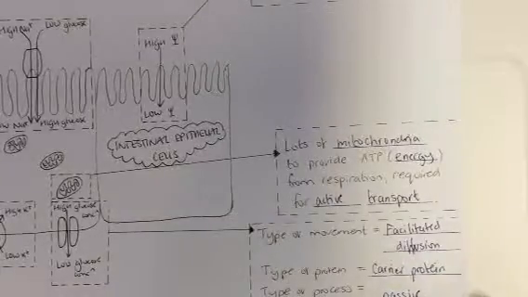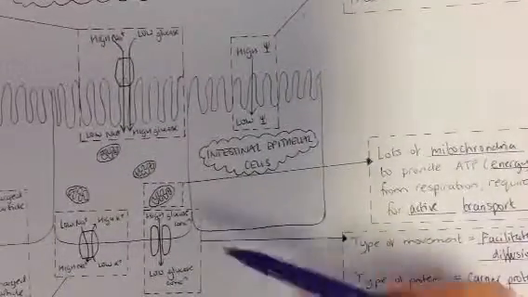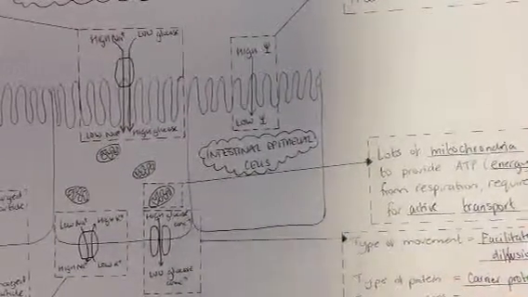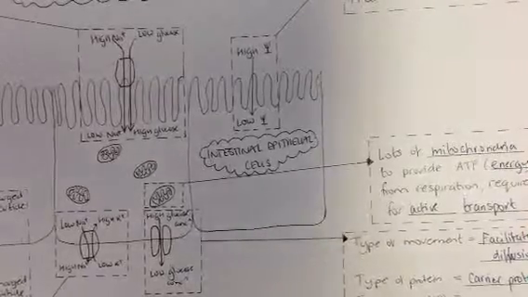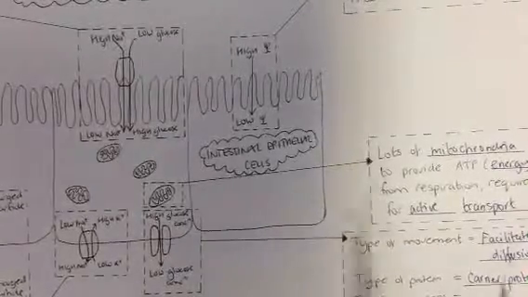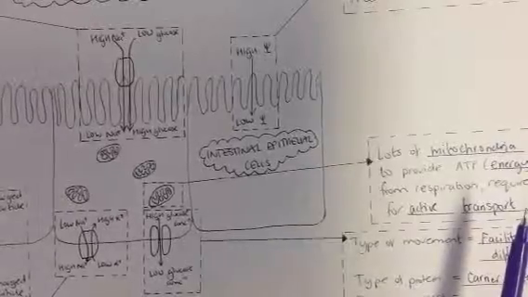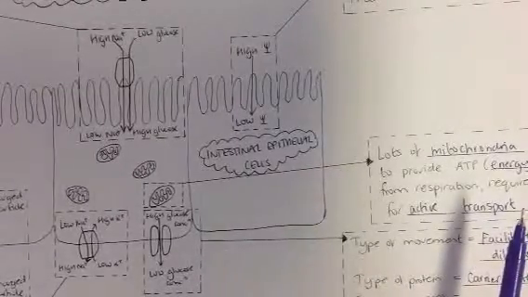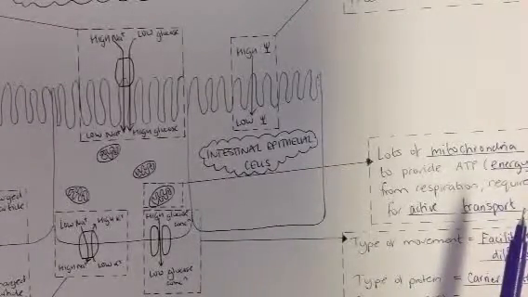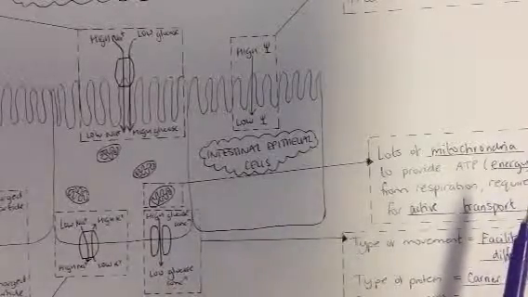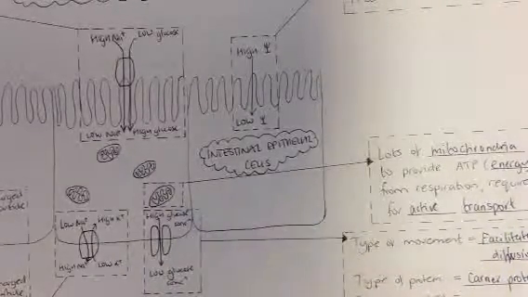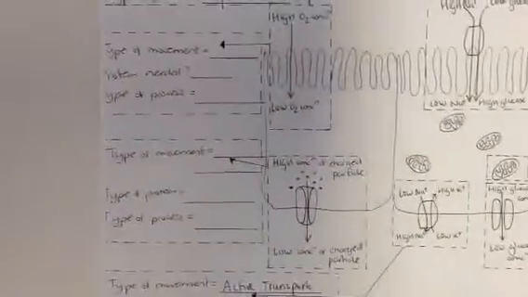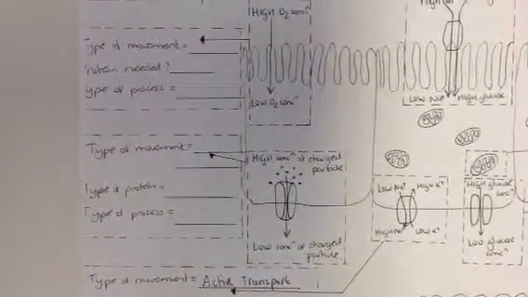In your revision sheet that I've given you, you'll see there are a number of cells that require lots and lots of mitochondria. So examples would be muscle cells, the ciliated cells of your airways, because the cilia are constantly moving, they need mitochondria as well for that process. So there's lots of different examples in the body of cells that need mitochondria. Okay? So let's come on to